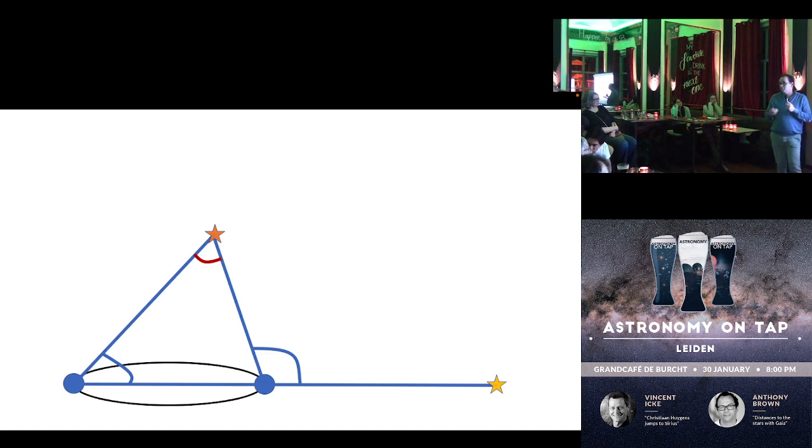So this is really not possible to do from Earth, that's why they go to space. This is essentially the basic trick that we use to measure parallaxes. You do it over very large angles, and the way this is done with Gaia is shown in the next